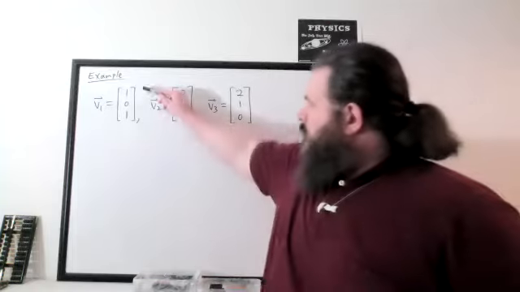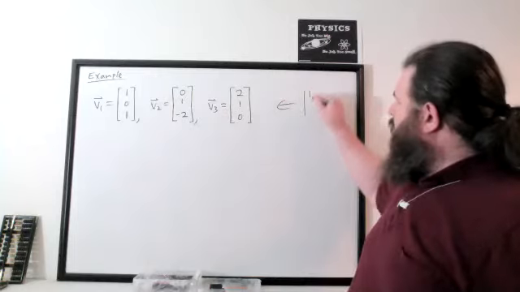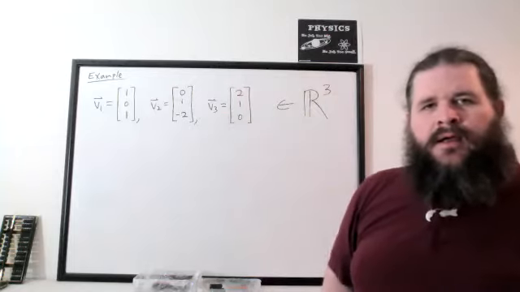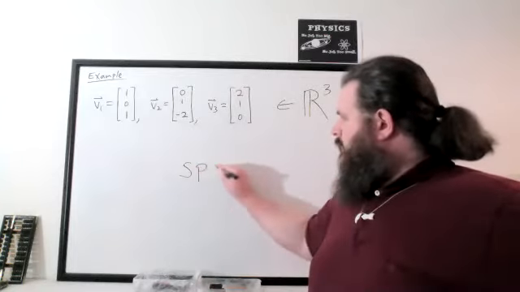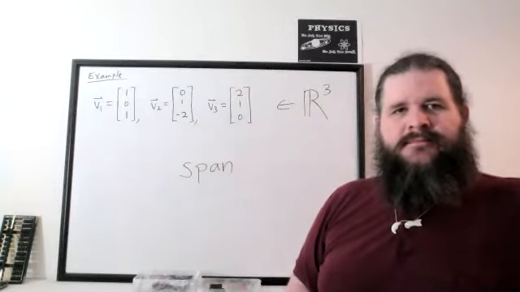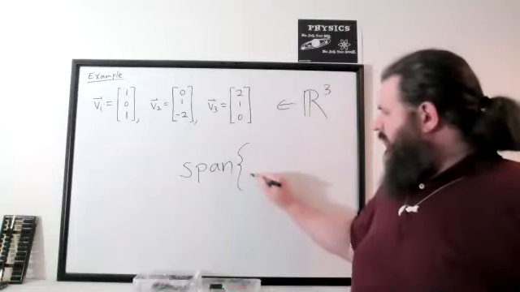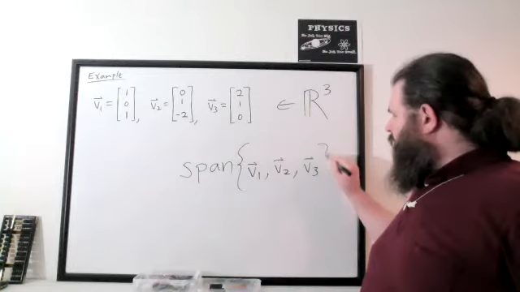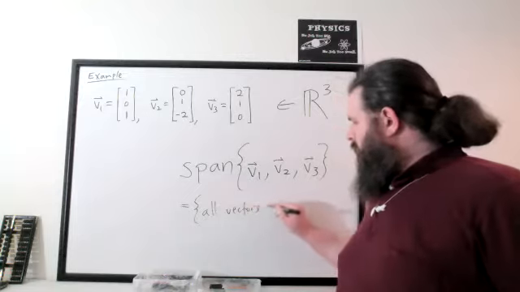So if we have these three vectors, (1, 0, 1), (0, 1, -2), and (2, 1, 0), all members of what we would call R3, because each one is a 3 by 1 column of real numbers. With those vectors, have you seen the term span yet? Has that shown up in class at all? Not yet? The idea of the span of a collection of vectors, in this case, we say the span of V1, V2, V3. What this means is the collection of all vectors that can be built